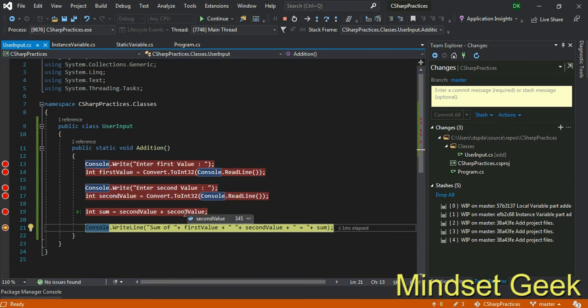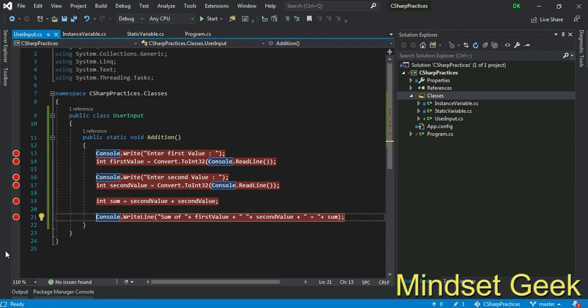First value 345. Okay, the problem is we use second value 2 times. That is the problem, right? This value is also 345 and the sum will be 690. That's the problem, right?